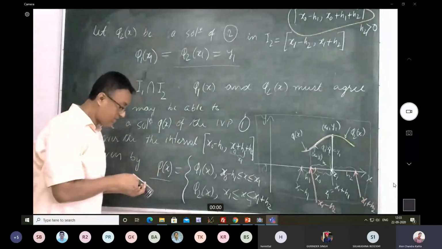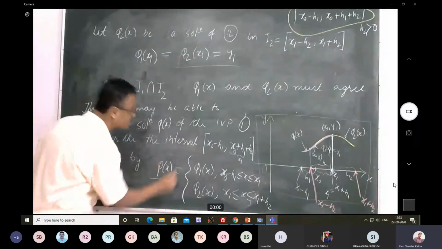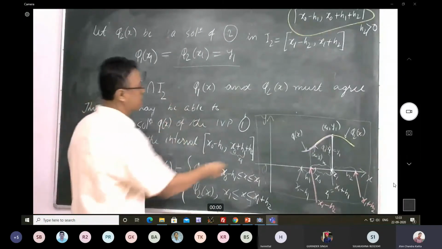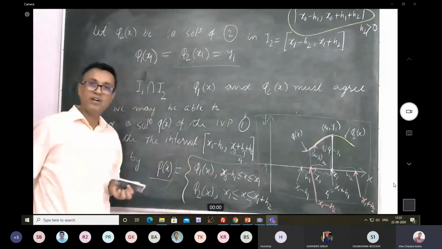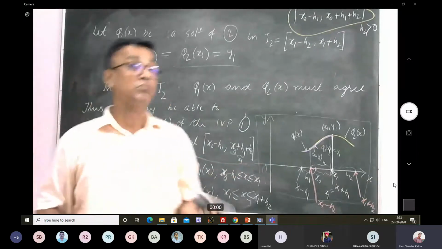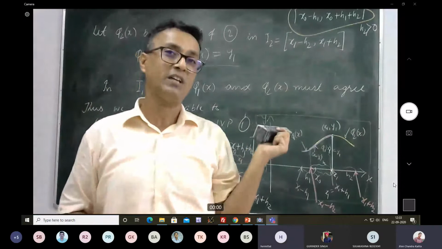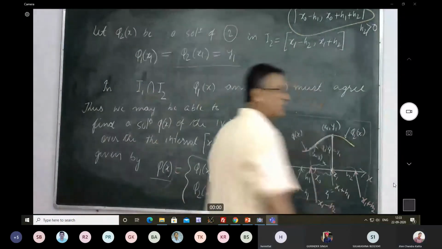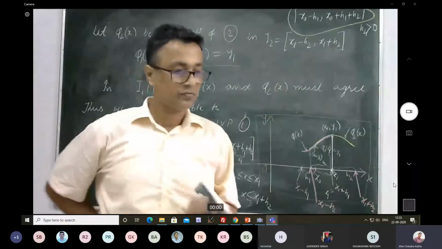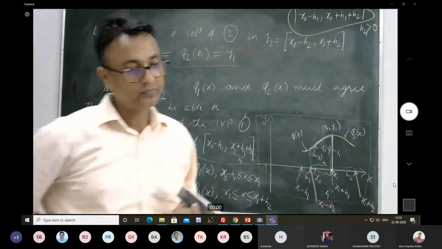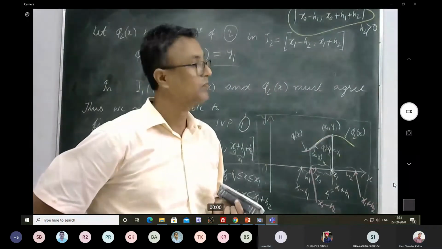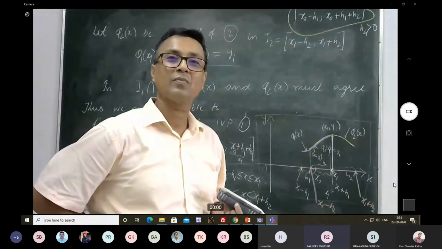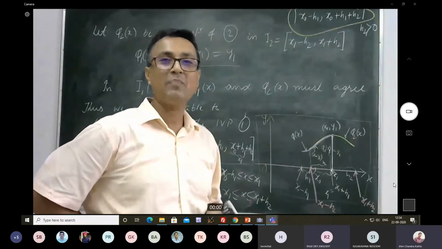Now, if I have to claim that this is the unique solution over the bigger interval, then what must happen? You look at the point x equal to x1. What must happen at x1? Phi 1 x1 is equal to phi 2 x1. That is already there. Apart from that,